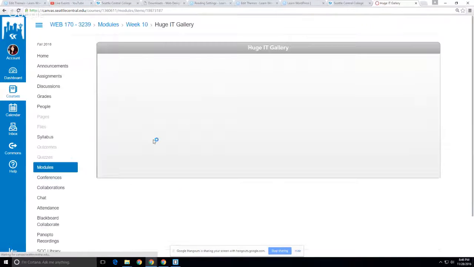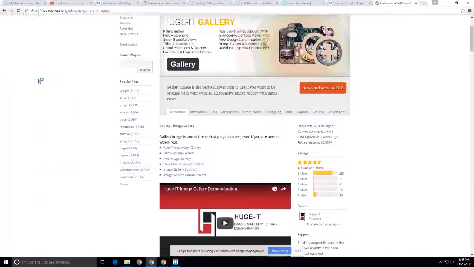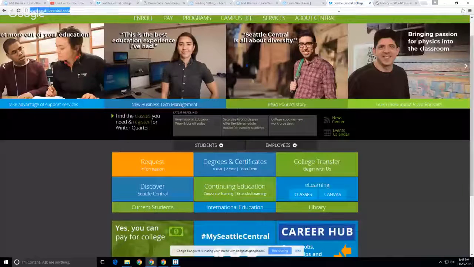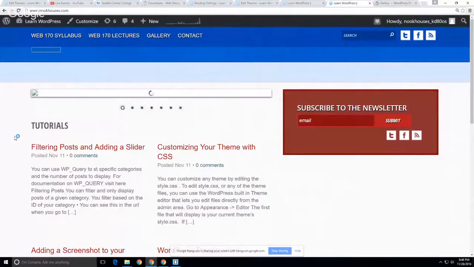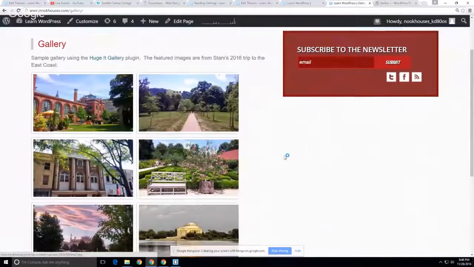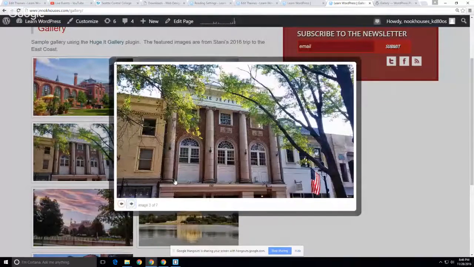Here's the Huge IT gallery. And this is the one that I have on my site somewhere. All right, so this is the example, and it's pretty easy and pretty nice. So you can try configuring something like that with your own images. And then